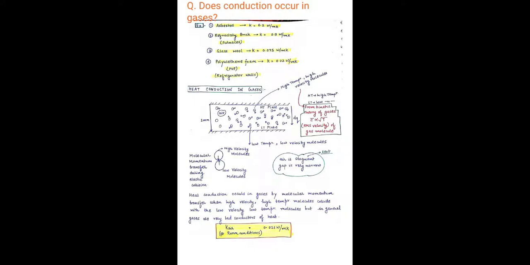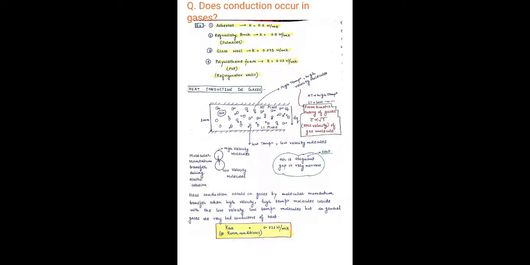Molecules near the high temperature plate have high temperature, and molecules near the low temperature plate have low temperature. The gap between low temperature molecules is very narrow, so they can be considered as at rest. And the high temperature gas molecules have high velocity and the low temperature molecules have low velocity because according to